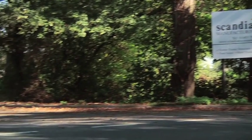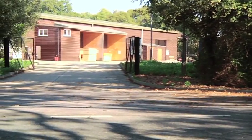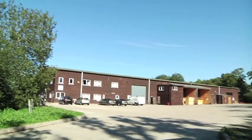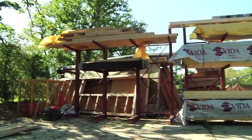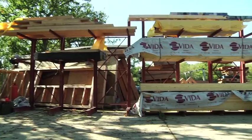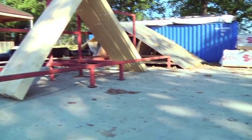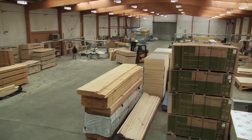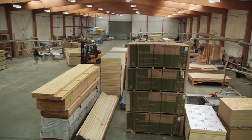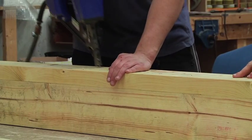A Scandia-Hus timber frame shell erection. Our Swedish parent company was founded in 1947. 25 years later, it launched Scandia-Hus Limited in the UK. Initially, the new company was purely a sales organisation, with the production of the building sets remaining in Sweden. However, 1995 saw manufacturing transferred to the UK, and in 2010 we moved our production to this modern purpose-built factory